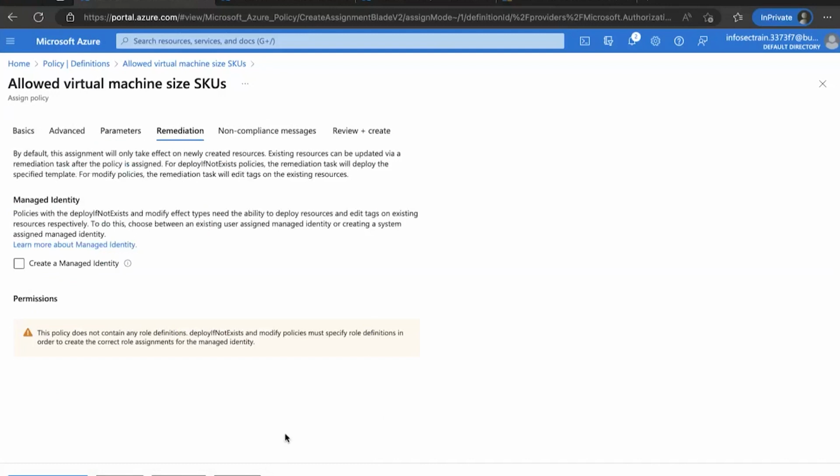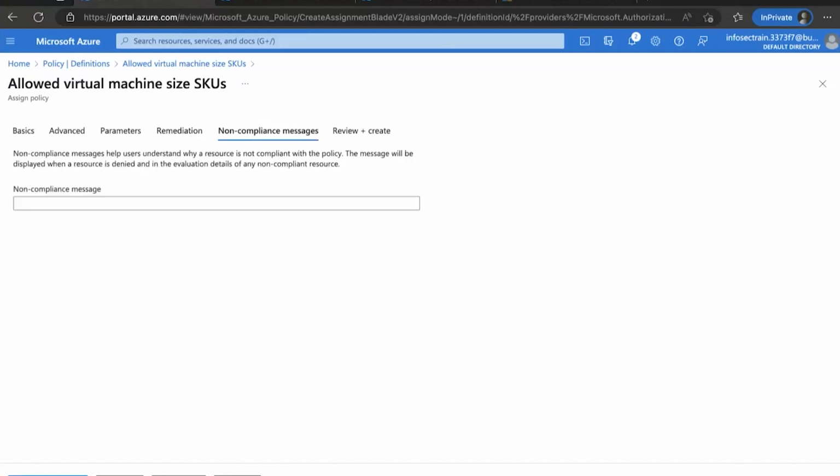Remember I was telling you policy can force things as well. Like there is a policy which is saying your server should have the anti-malware extension installed, but you are not doing that. So for that, in this remediation step, you can create a remediation task. Then give this policy the proper role. From the same page, you will create the identity for it, give it the role, and what it will do is, any machine that doesn't have your particular anti-malware extension installed on it, it will force it to install, or it will install that anti-malware extension on that machine. So you can do the remediation task as well.